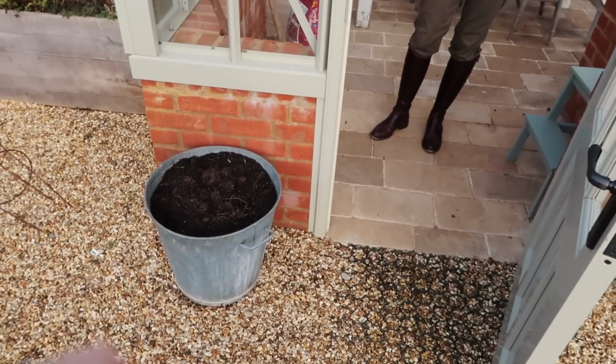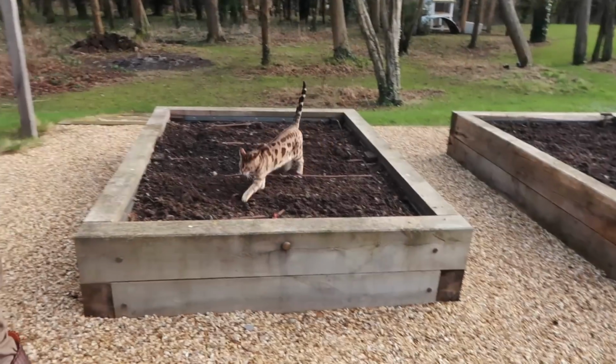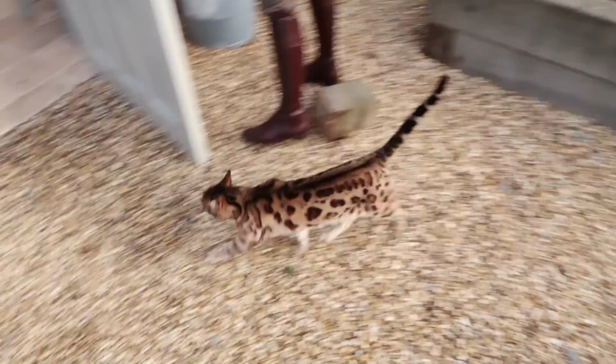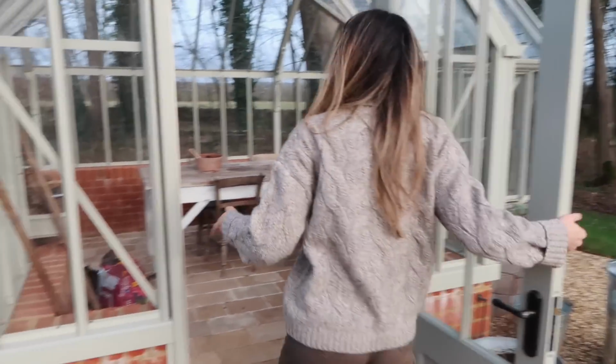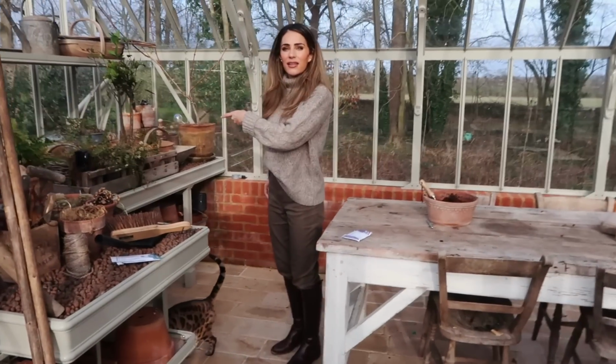Have you put any pots in here? Have you put any bulbs in there? No, actually, do that. Hello, Speedy. There's actually a bulb coming up from last year. But I do have a box of bulbs. Maybe I should just...